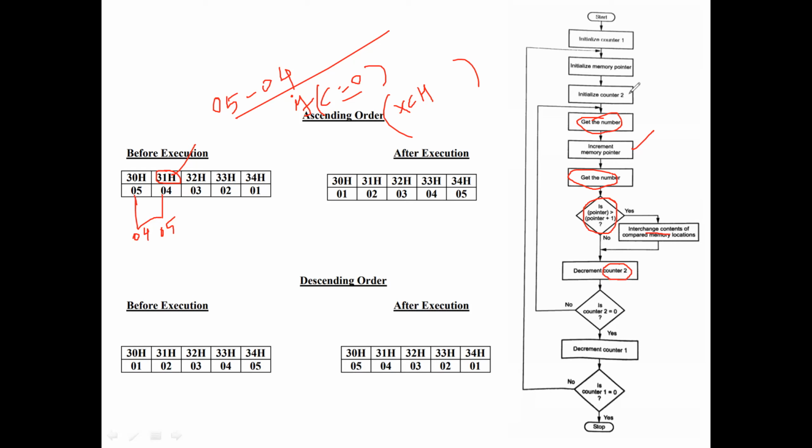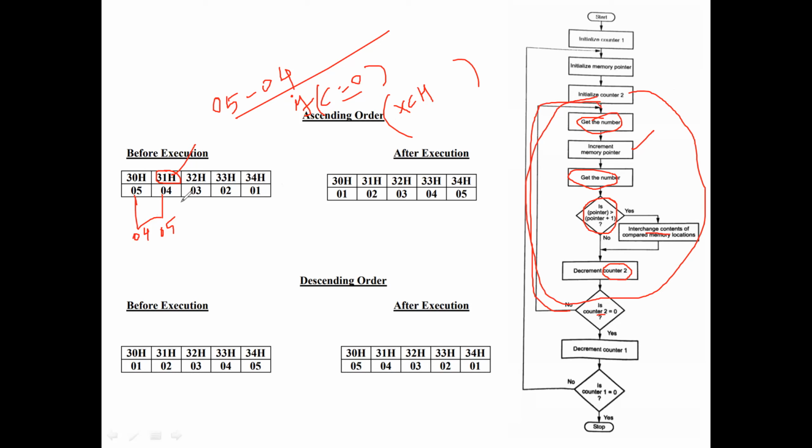This is 1 loop, for taking this 5 value and comparing it with all the data. I'm putting 4 into the counter, since I'll be comparing 4 data, so the maximum is 4. Whether counter 2 is 0? No. Then it will come here.